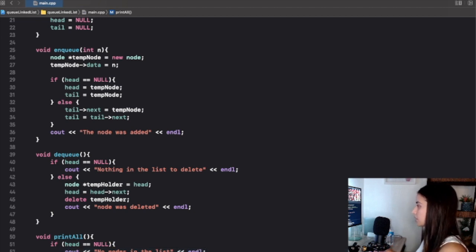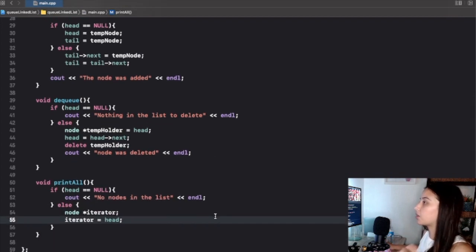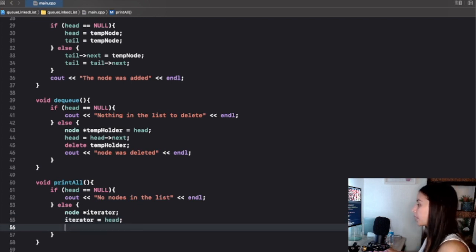Okay, cool. Else, if there is something to print, we're going to create this iterator. We'll call it iterator. And we're going to set that iterator to be at head because we want to start it at the beginning. In theory, you could also iterate backwards. You could start this at the tail if you had a previous pointer, but because we're a singly linked list, we have to start it at the head. And we're just going to use a while loop. We're going to say while iterator is not null. So while we have a node to work with,